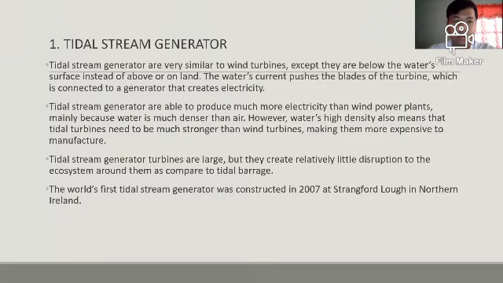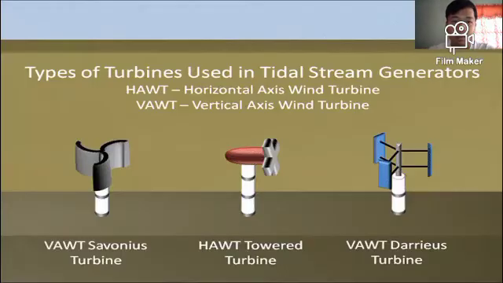Ang tidal stream generator po ay very similar to wind turbine, except they are below the water. And more electricity than wind power plant, mainly because water is much denser than air. And tidal stream generator turbines are large, but they create relatively little destruction to the ecosystem around them as compared to tidal barrage. And then types of turbine used